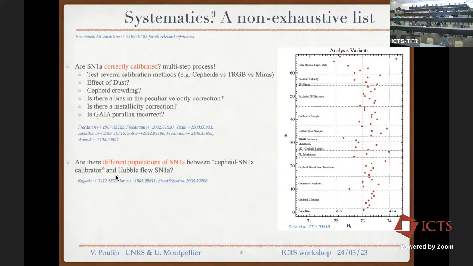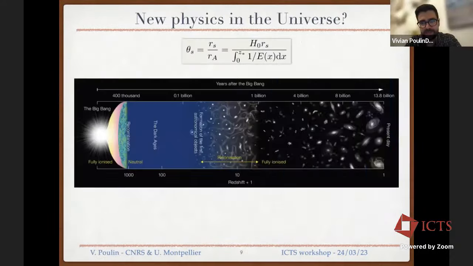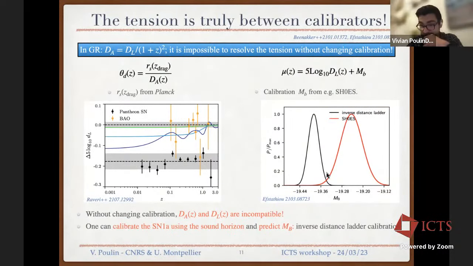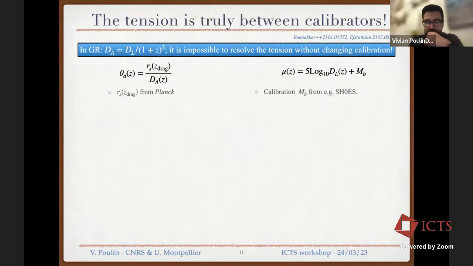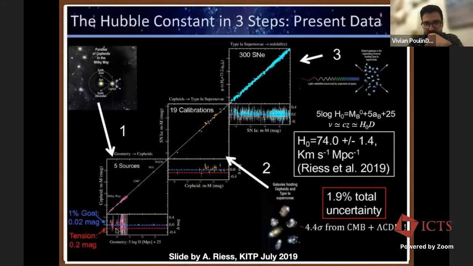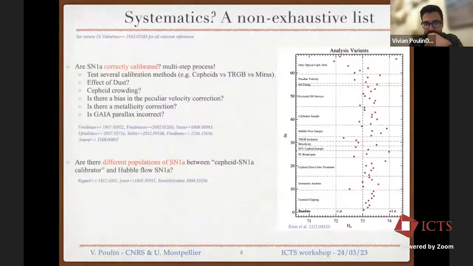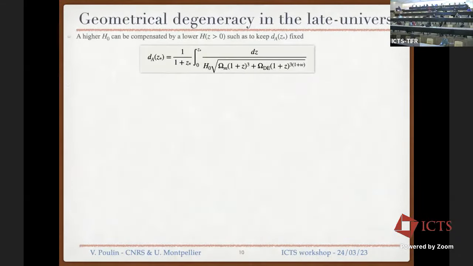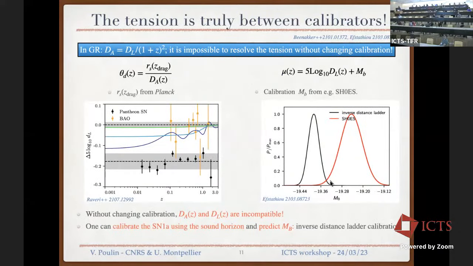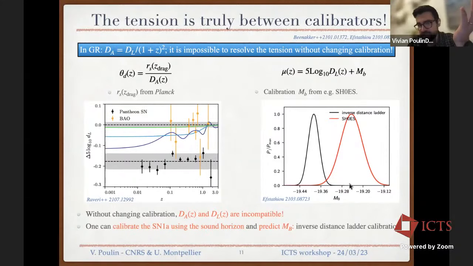Because you're seeing your other plot, which was on M_B inferred from supernova and inferred from the inverse distance ladder. That's an interesting result, right? Because you can see that the discrepancy in the value of M_B is not huge. But this is the point. It's because they have a high precision measurement. This is really the key. The discrepancy you're seeing is 0.2 magnitude, and that's all. It's not big, of course, but it's much larger than the statistical uncertainty that they claim.